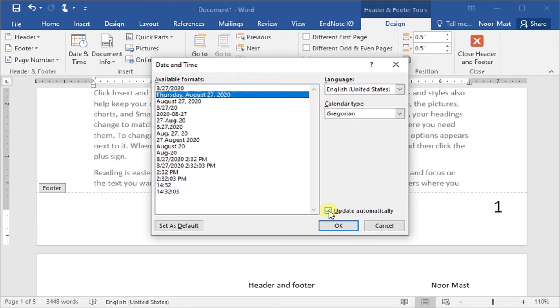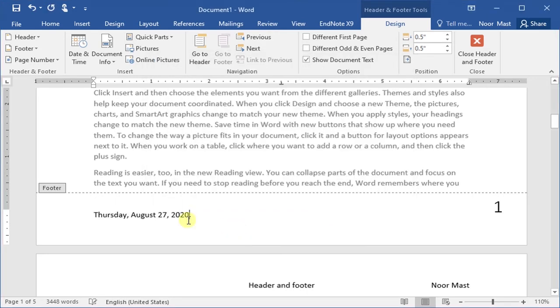If you mark this option and save your file and you open your document next time, so the date will be updated automatically. So if you don't want to update your date and time automatically, so unmark this option, and after that click the OK button and date will be inserted in your document.